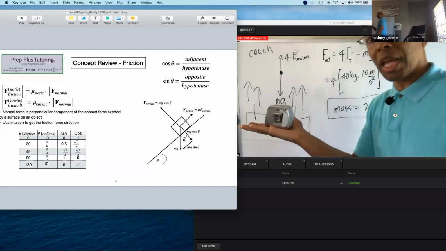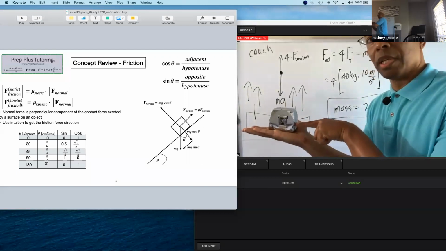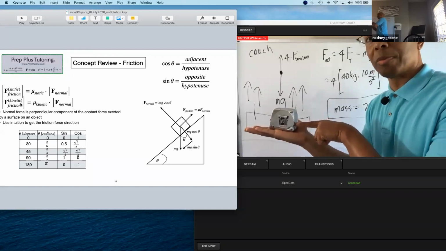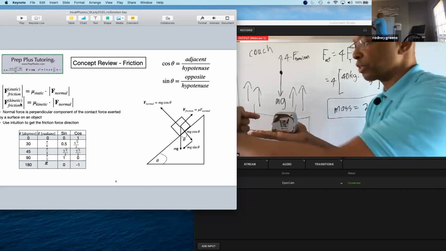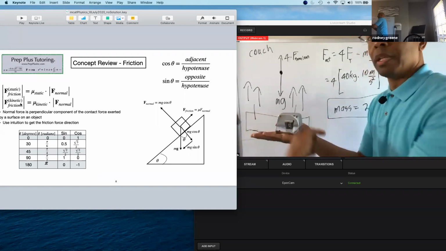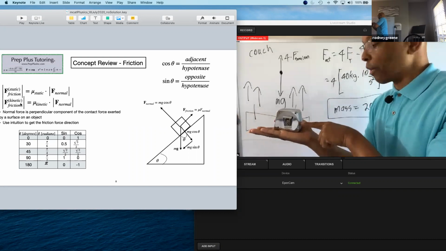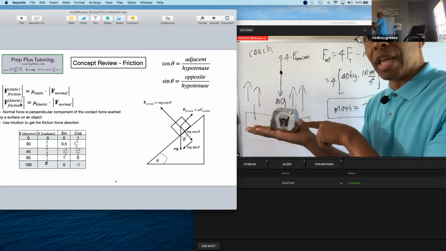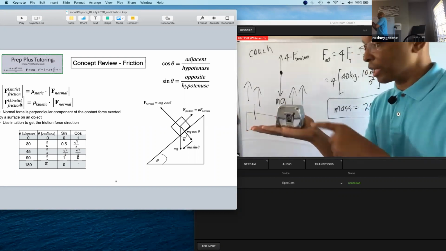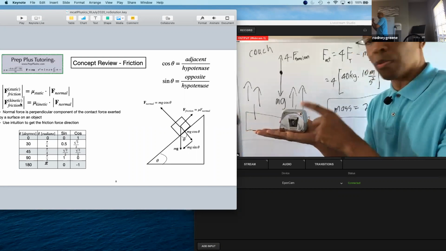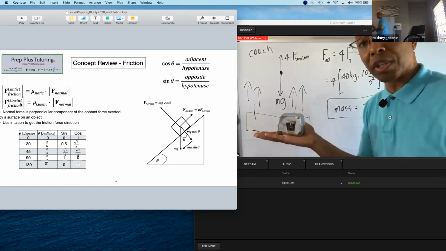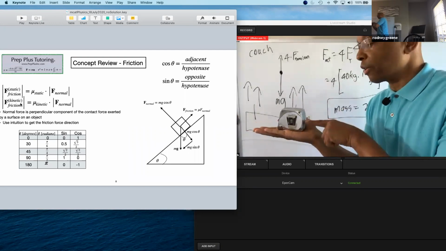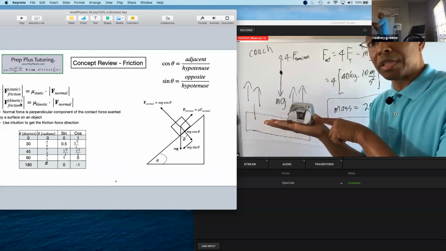So it's on the tabletop and I push it and it's not moving. It's not moving because there's a force of friction going in the opposite direction, counteracting the force that I'm applying. Since this thing is not moving, the relevant coefficient of friction is the coefficient of static friction. So I'm going to keep pushing, and then all of a sudden it's going to start moving.